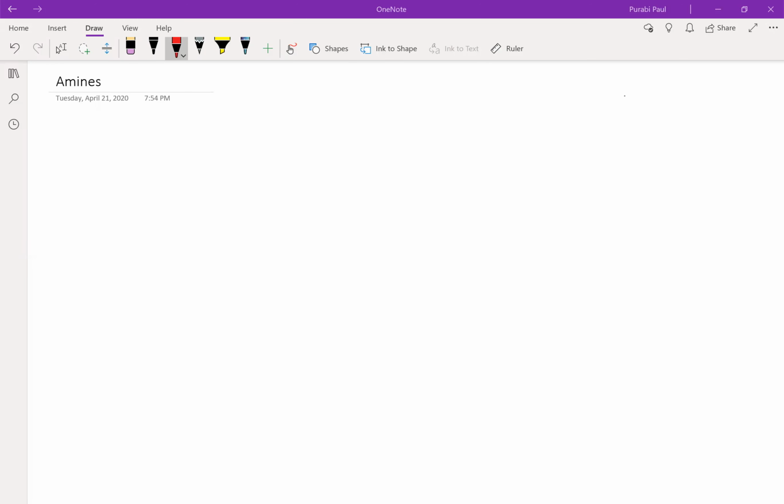Hi everyone. In this video, I'm going to be talking about some of the ways of making amines. The first one you'll learn is called reductive amination, where you take an aldehyde or a ketone. In this example, I'm going to be using a ketone, but this is just as valid for an aldehyde. You take a secondary amine,